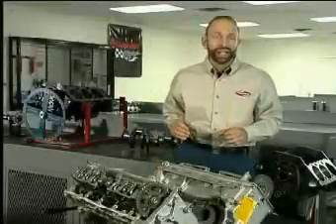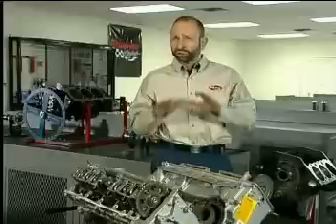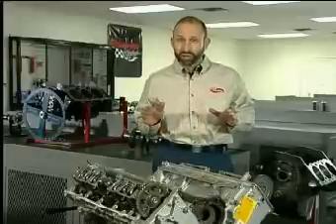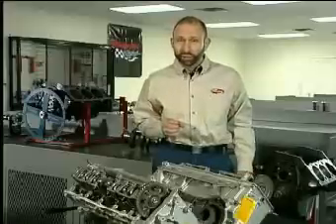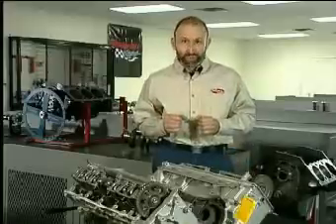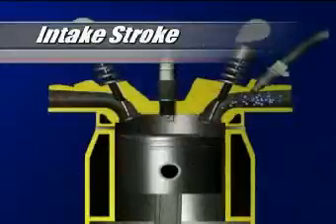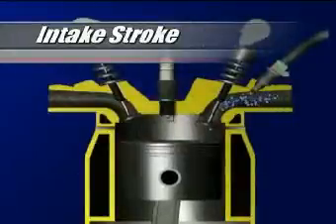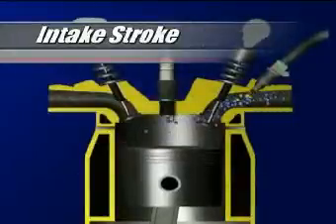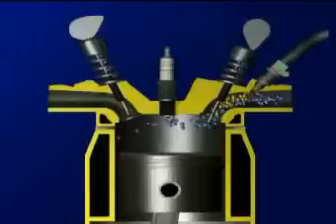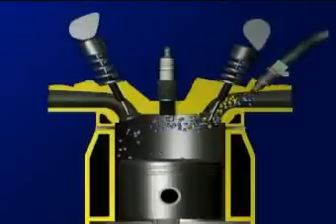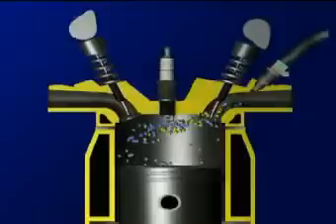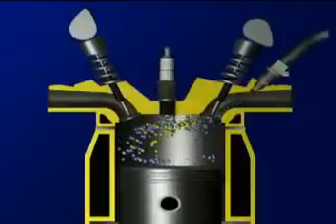While the internal combustion engine under the hood of today's vehicles is far more advanced than the original design produced in 1876, it still operates according to the same four-stroke cycle. During the intake stroke, the piston moves downward in the cylinder, drawing air and fuel with it through the open intake valve. Once the piston reaches the extent of its downward travel, it reverses direction to begin compressing the mixture.